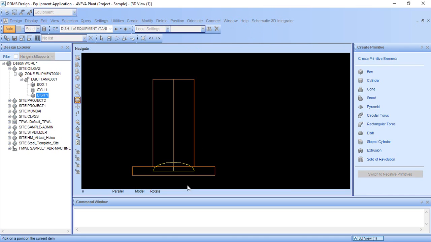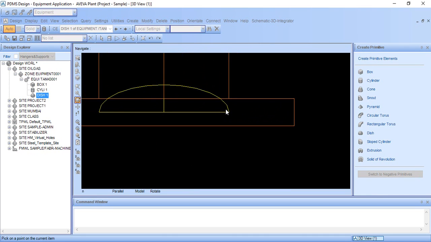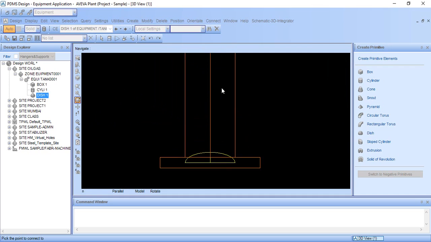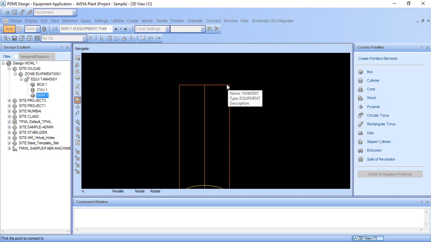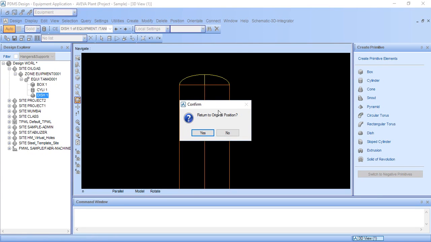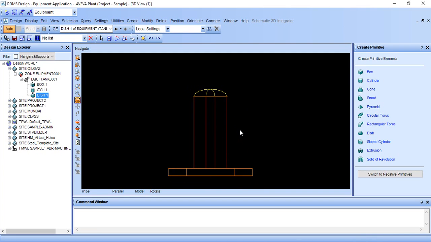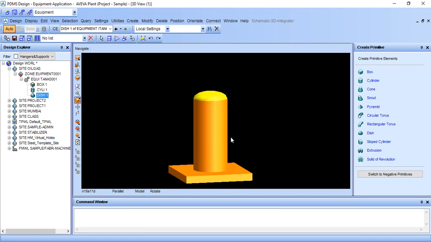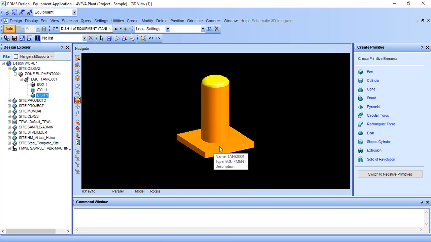Connect primitive ID point and zoom in, click any surface and drag the point to this point and release the mouse key. Click on this surface and drag the point and match this surface. Here it is asking return to original position, no, and we have created. To exit from wireframe, press F8 and it will be seen like this.